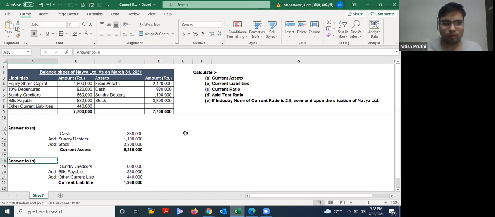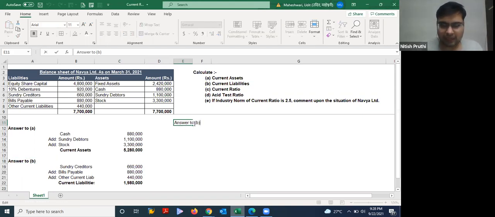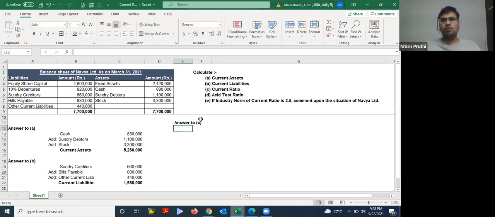Now third point, current ratio. So I hope you have revised the video of current ratio. And let me see if someone can mention the formula of current ratio in the chat box. Then let me see who gives the correct answer first. Okay, so all right, we have a lot of correct answers in the chat box.